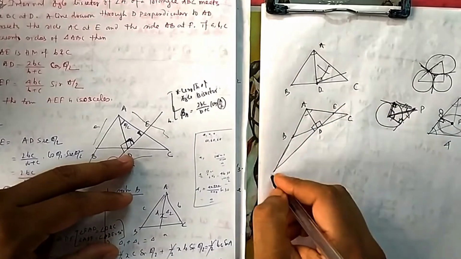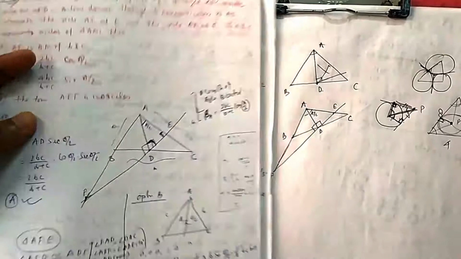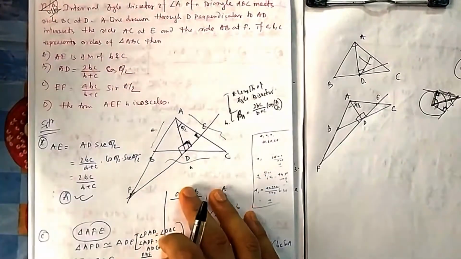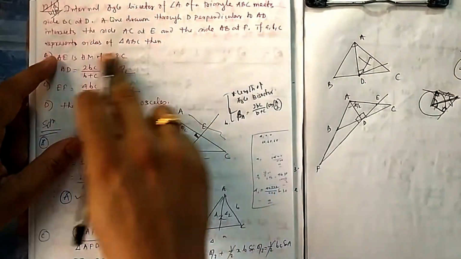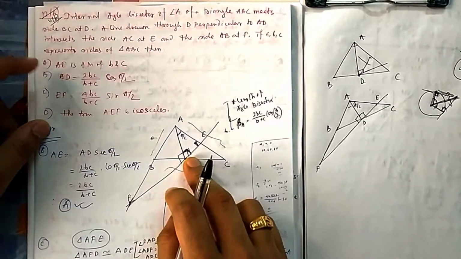It means this one is A, this one is A. So this will be the actual drawing, this will be A by 2 and this will also be A by 2. So you can refer to this drawing, because this drawing will not give you the exact figure since it is not 90 degrees. The sides AB, AC, BC represent the sides of triangle ABC, which is standard. Then these are some conditions they have given.